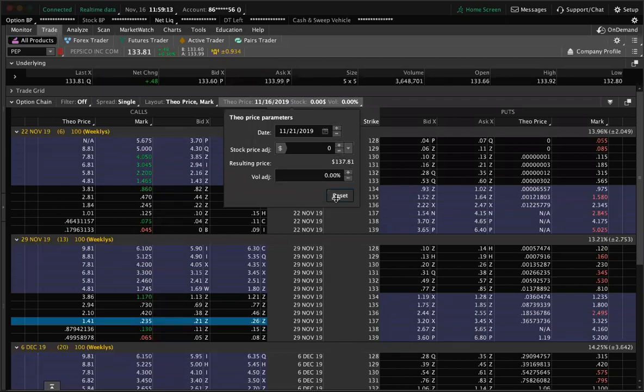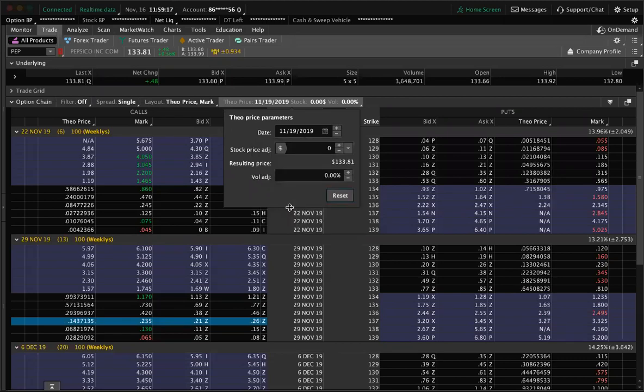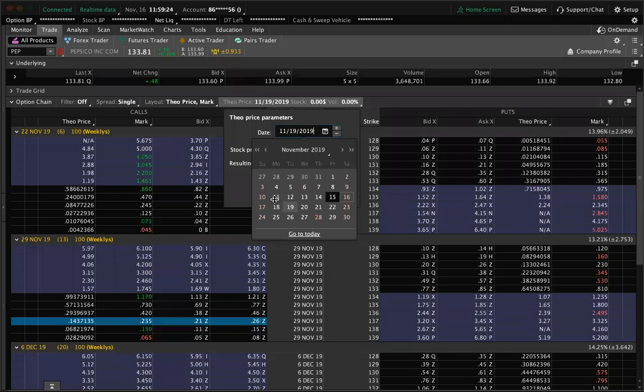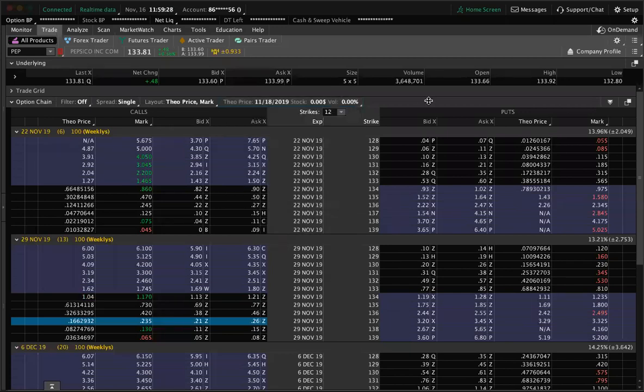So let's do that. Let's reset. By Tuesday, I'm going to put my chart to Tuesday, which is going to be the 19th. Decay is going to happen already, so this is already pricing that in as well. So let's price in by Monday. Actually, let's drop it, so let's go to the 18th. By Monday, our 134s are going to be at 66 cents if the price is still where it is now, if it opens there, right? It's going to come down just a little bit, which is not too bad, right?